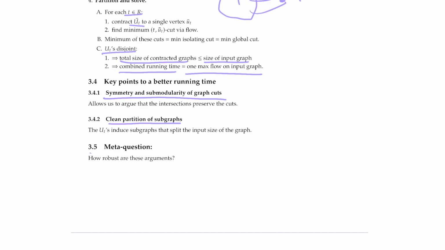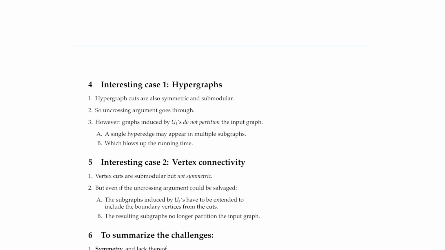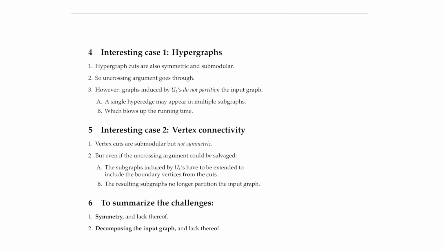So the meta question then is how robust are these arguments? What happens if I take away symmetry? What happens if I take away partition? Can we still get something useful? All right, so then let me present two of these extensions. So one is